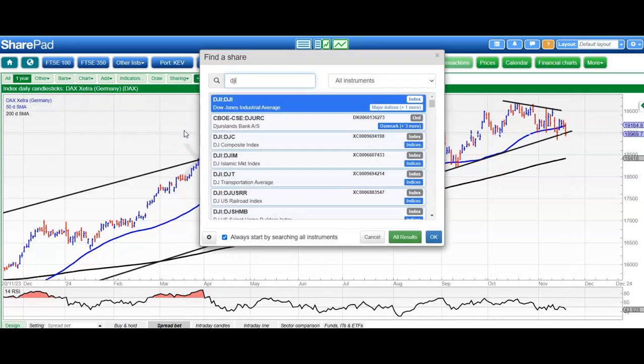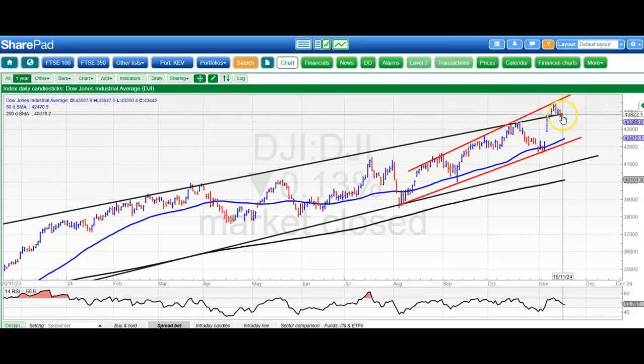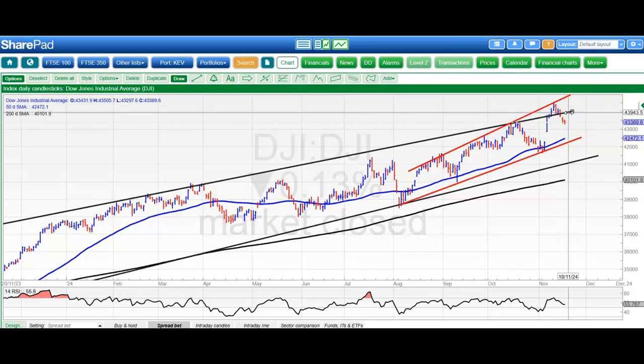Moving on to the Dow, which has not been quite the same since the farmers got kicked by the new health chief in the form of RFK Jr. But here you can see that we're back within that rising trend channel from this time last year. The floor of the channel there, or at least the uptrend line there, from back in August, running through